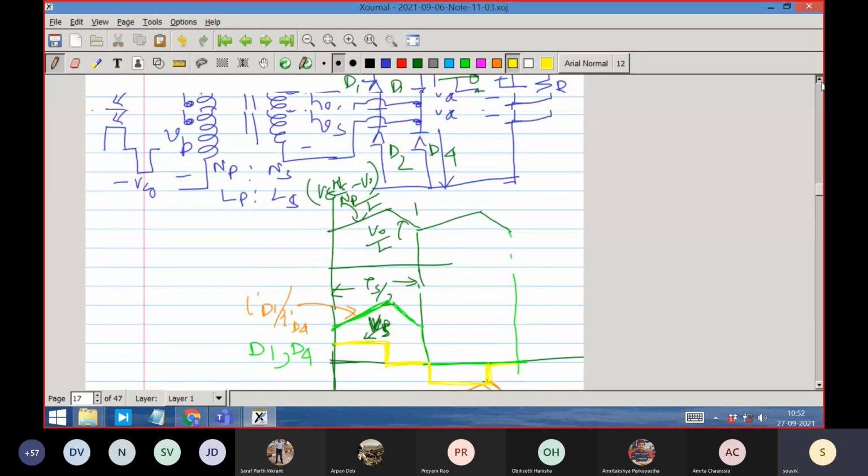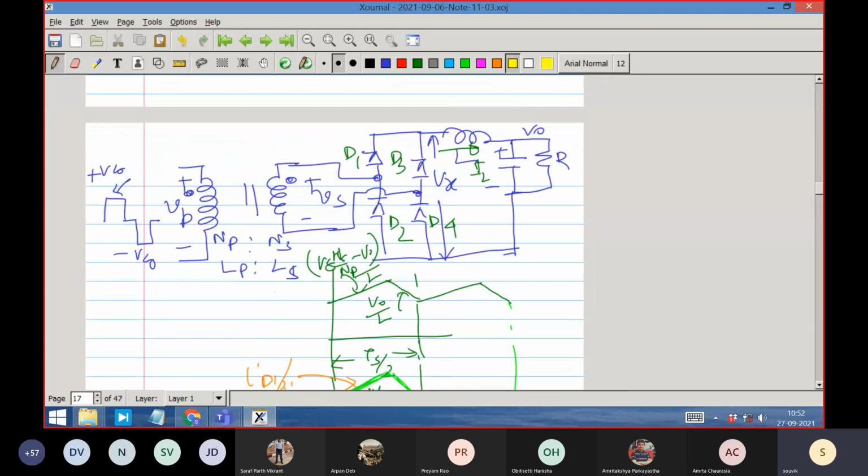The current will be flowing in the freewheeling zone, exactly the same way it will flow. The voltage is simply 0, but the current is there. So there is a slight nuisance here. Since the current is going from cross to dot, there is a dot to cross current flowing during freewheeling time. This is the freewheeling time.